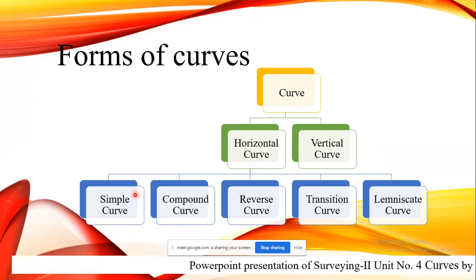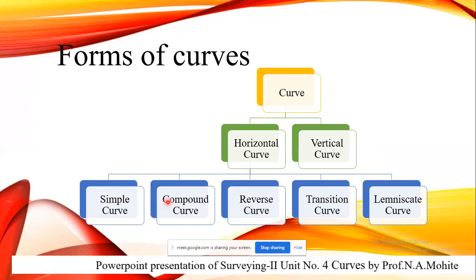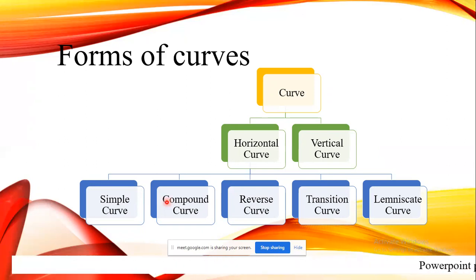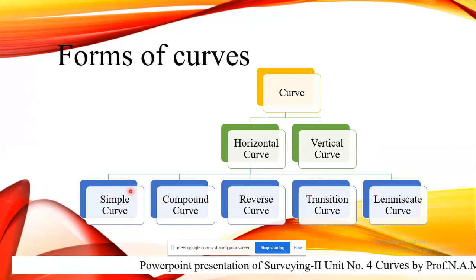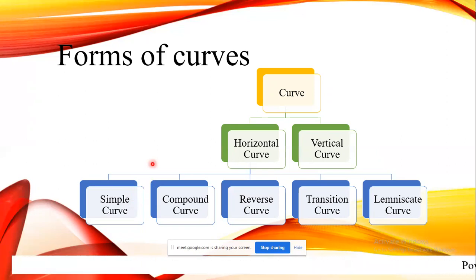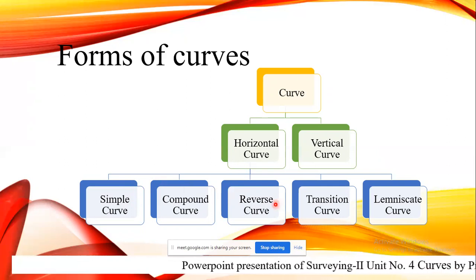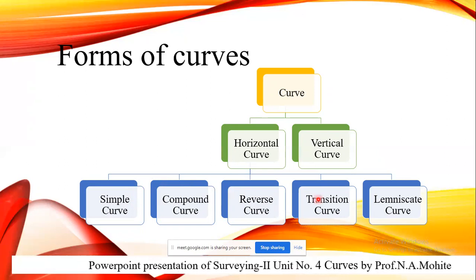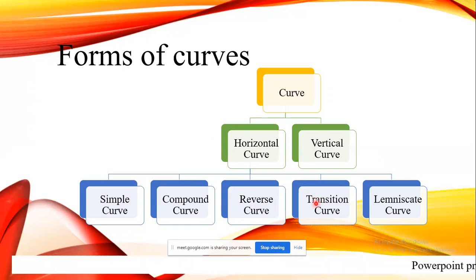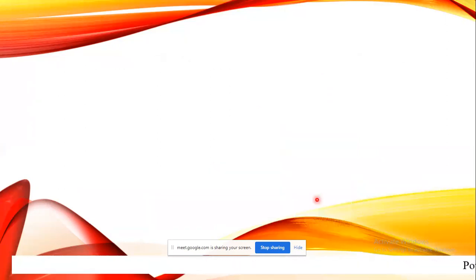The simple curve and compound curve we require, because the problems we generally provide are on these curves. So basically, it is a requirement that you should go with the simple curve only, instead of the reverse curve or the spiral curve. The transition curve deals with the railway track, which we are going to see one by one. So we'll start with the simple curve.